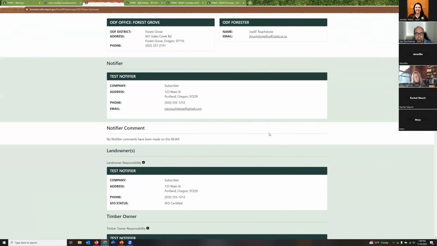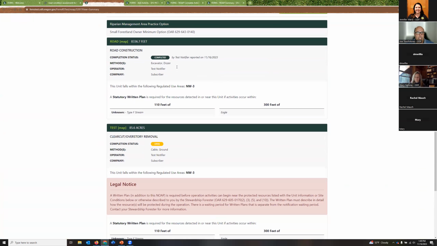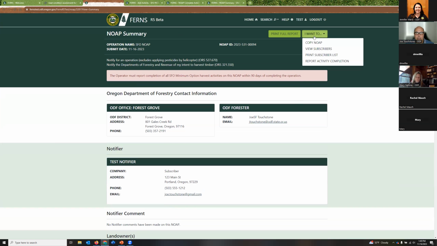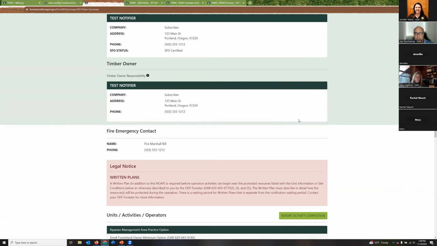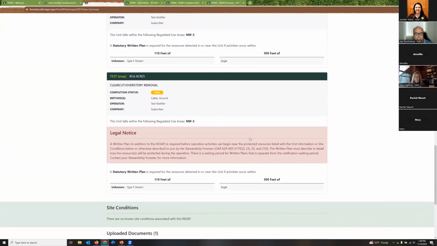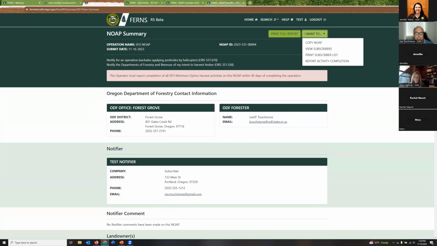And then what you'll see here is that it has been marked completed, and this one is still open. So the reporting, the activity completion is here at the drop-down menu, but it's also down here for report the activity completion right above the units. So we've added two different areas that you can go and look at that. The other thing I want to show is